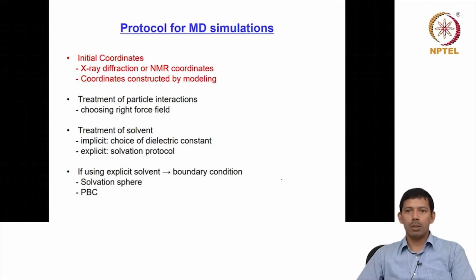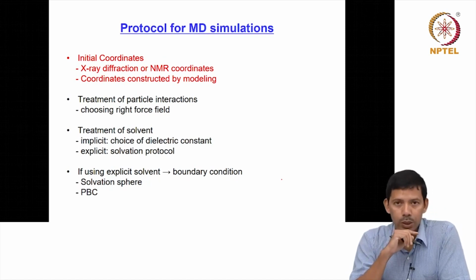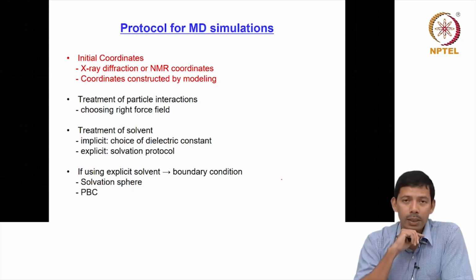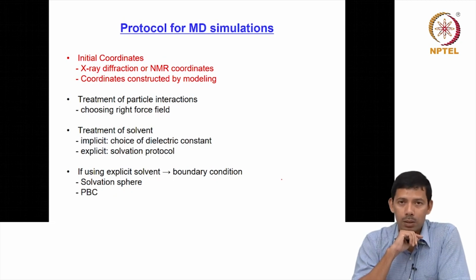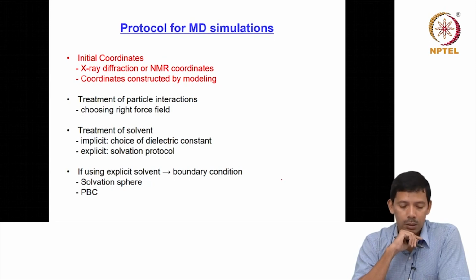When we mean the microstate of our classical system, we basically look at the distribution of particles or the atoms. You have to know the x, y, z coordinates of each of the atoms that make the system. If it is a biological system, let's say your protein or DNA, and if you're lucky, then you might have a structure of your biomolecule available in something called the Protein Data Bank. As you know, the Protein Data Bank has a lot of X-ray or NMR structures of various proteins. So you can go to the Protein Data Bank and search for